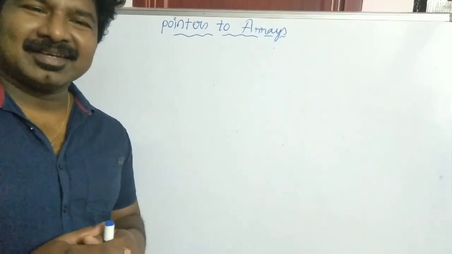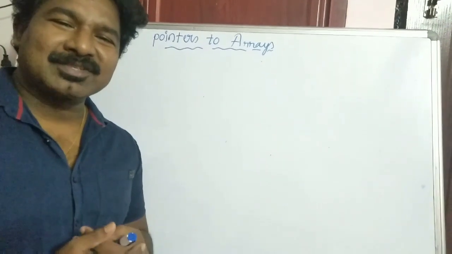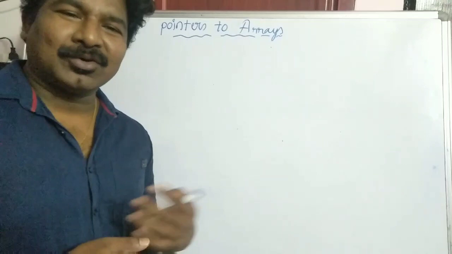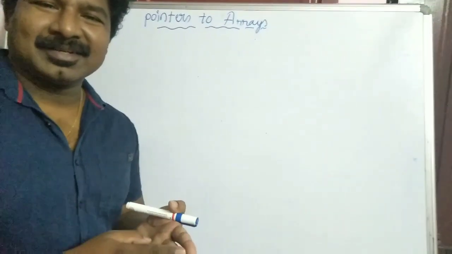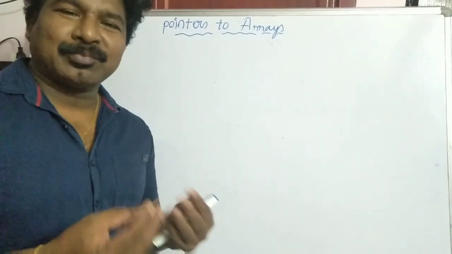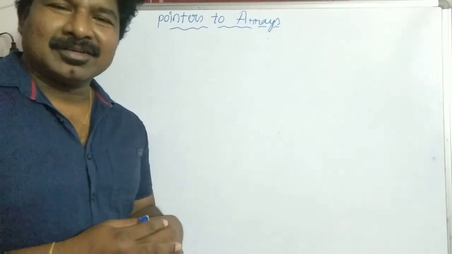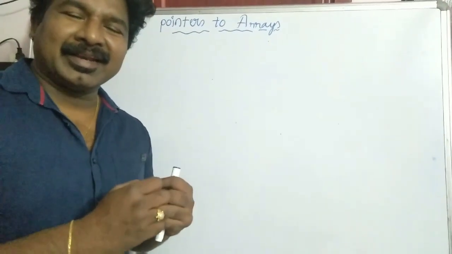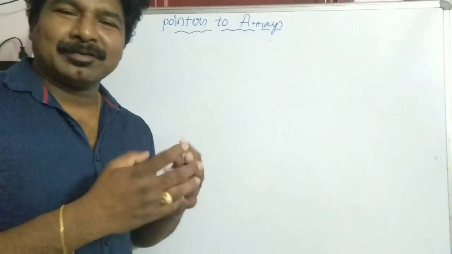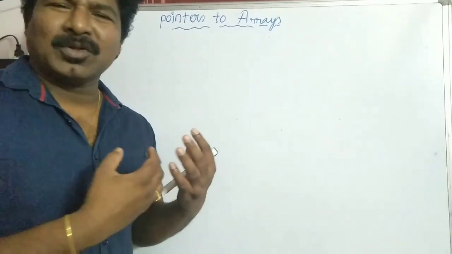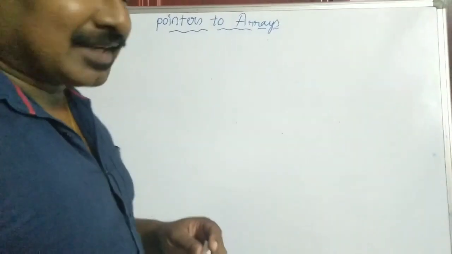What is an array? An array is a collection of homogeneous elements which are stored in contiguous memory locations. That means all the elements will be stored at side by side adjacent locations. So what happens when I point to an element of an array with a pointer? A pointer can point to an element of an array, and you can access all the elements of the array with a pointer. I'll explain with an example.